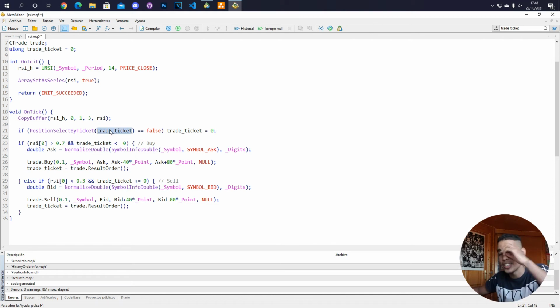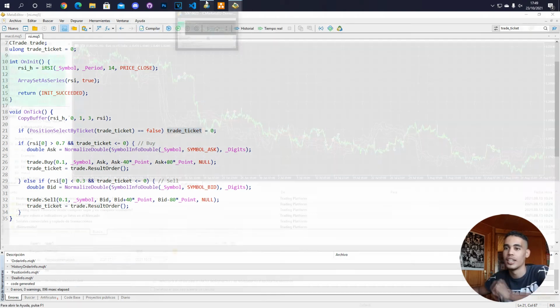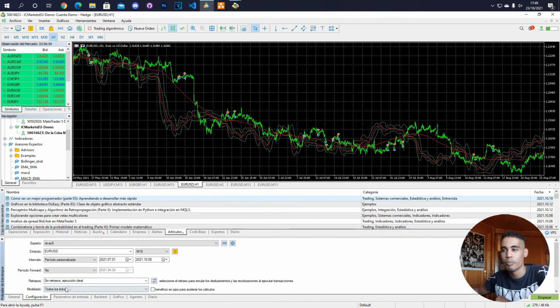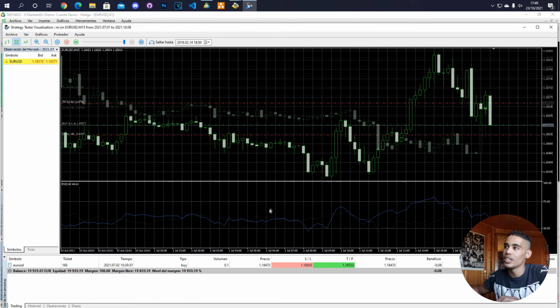So this means that, for example, imagine that we have an open operation. The trade ticket has a value bigger than 0. So this condition is not going to allow opening a buy or a sell. So now we have to check if the operation has been closed, because if it has been closed, this condition is going to be false, and here we are going to reset the value. So if we compile and execute this again,